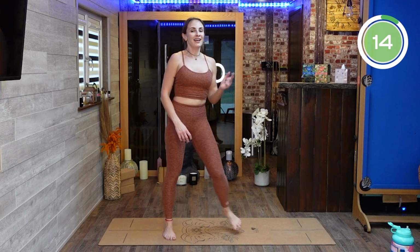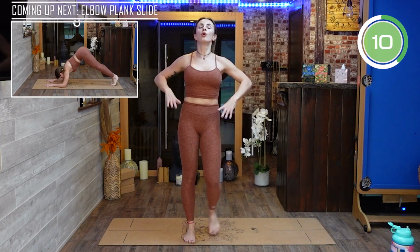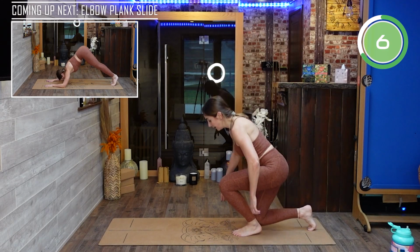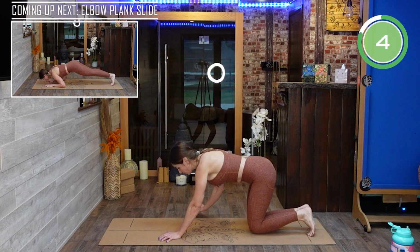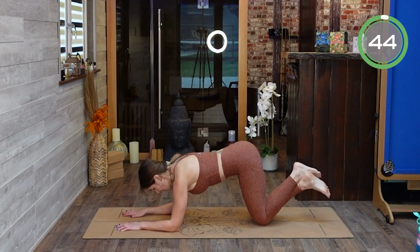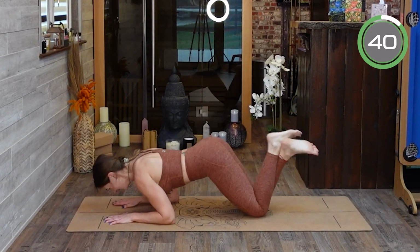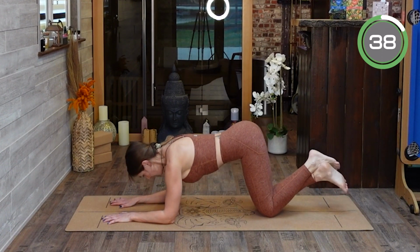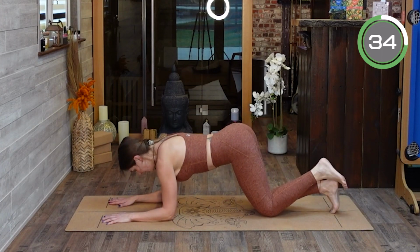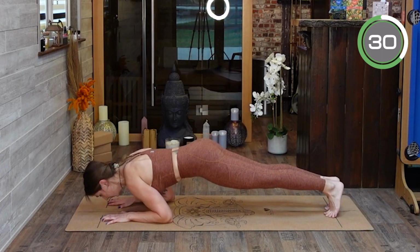Well done. Go to the floor, and we're gonna be doing that. Slide forward. And beginner, let me show you. Not even a beginner, let's call this just an easy variation. Glutes out, slide forward. Glutes out, slide forward. Keep your core engaged. And if you can, go onto your toes, slide,